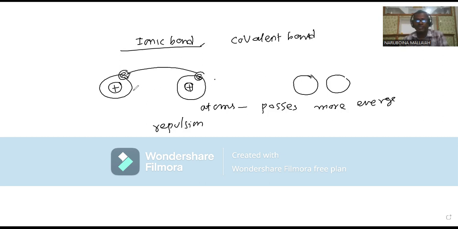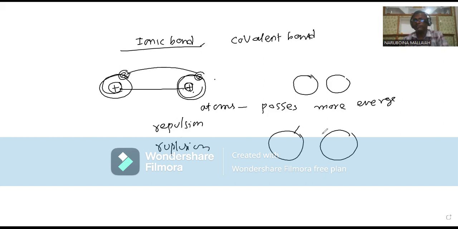Between these nuclei, we have repulsion because both are positive. Between nuclei, we have repulsion. Between the electrons of this atom and the electrons of that atom, repulsion is present. That means when two atoms come closer, they have repulsions, right? This repulsion, after a certain time, when they come close,